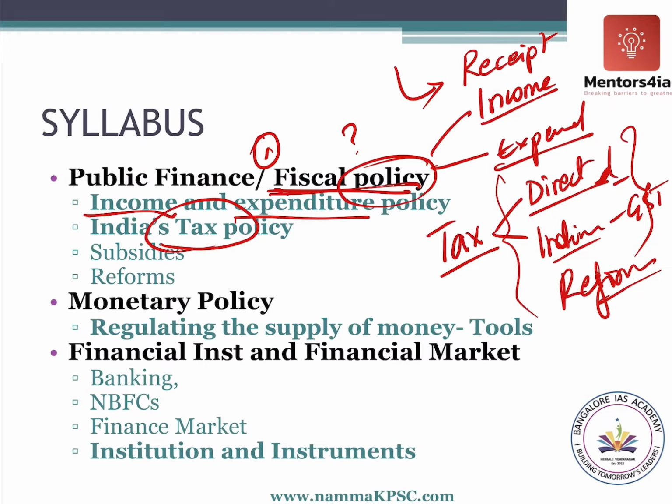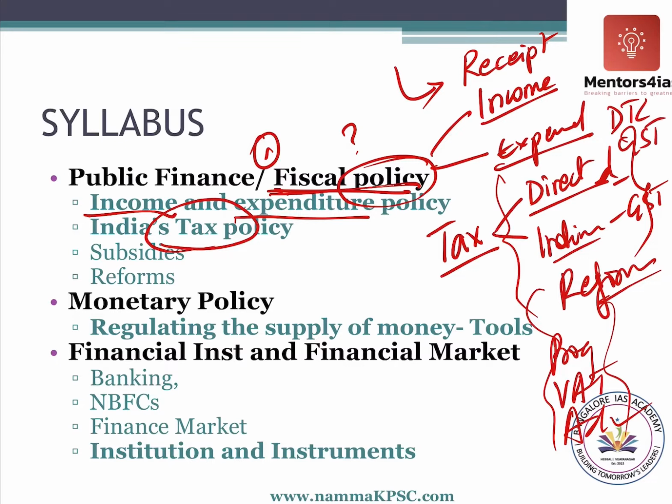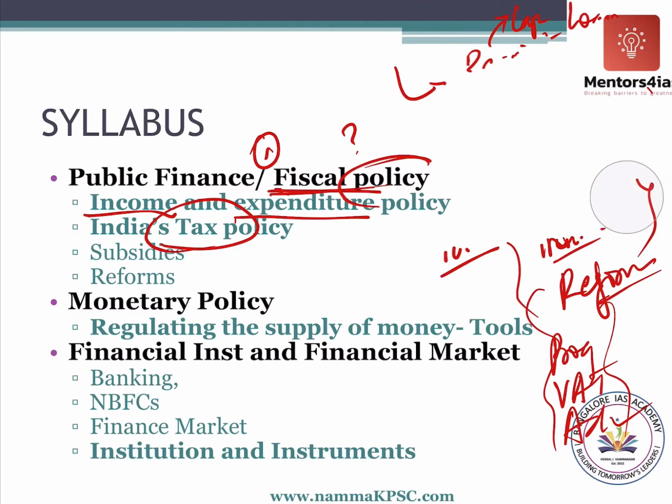For example, what are progressive taxes, what are value added taxes, what are ad valorem taxes. All these basic concepts we will try to understand. In reforms, DTC and GST, and why all these things. Then there are other kinds of receipts also, that is your capital receipts, the loans that the government takes, etc. When we discuss those chapters, I will try to make it more familiar for you guys.